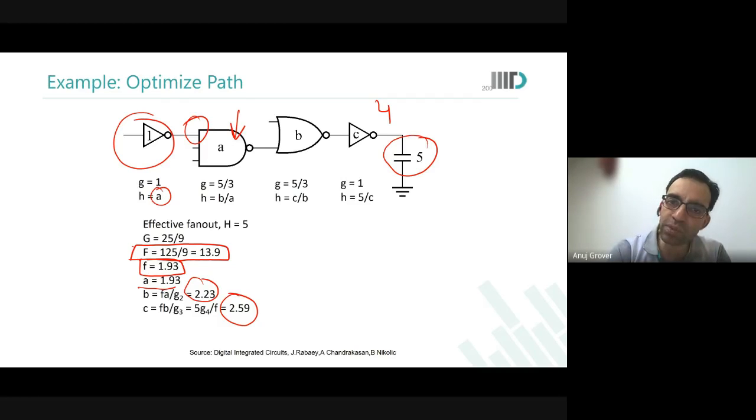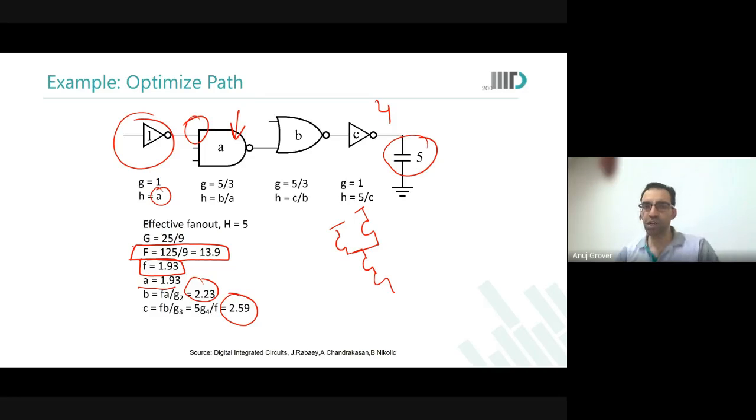So you are saying how will we split this 1.93 into the PMOS and the NMOS? Is that what your question is? Yes sir, I am coming from the backward calculation, where I first put the capacitances and then calculated this. So we'll just look at an example for that also. Don't worry, we will see it now. Okay? Anything else?